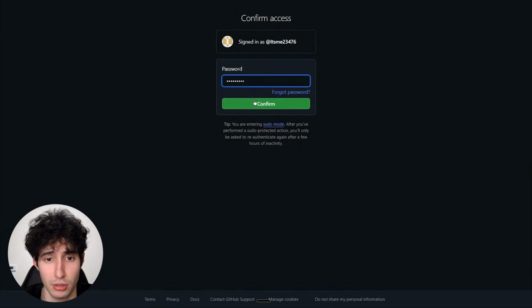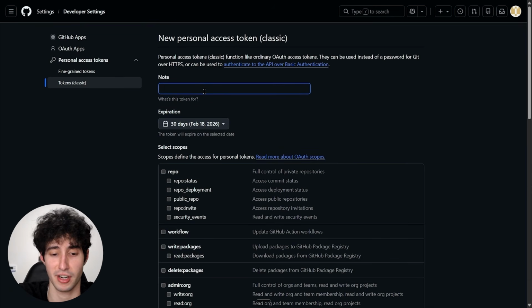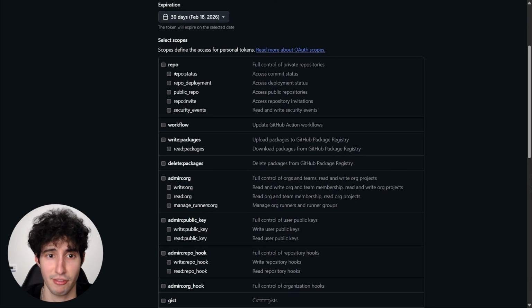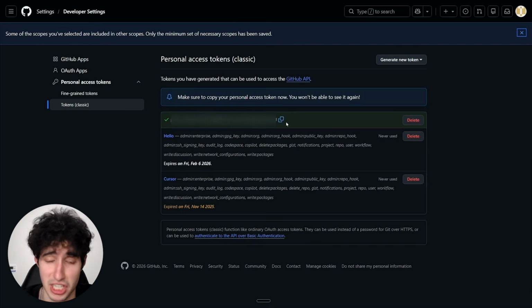Then you will be prompted to sign in to your GitHub again, so make sure you do that. And then you can simply give a note. I'm going to say simply just token, and then you can basically give it access to everything that you want it to be able to do. And I will actually give it access to everything over here, so you can basically perform any function in a GitHub account. And then I will simply click on generate token, and boom, this is a brand new GitHub access token. So all we have to do is to simply copy it,